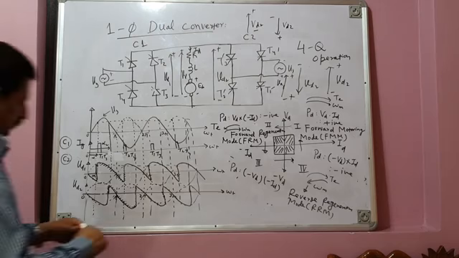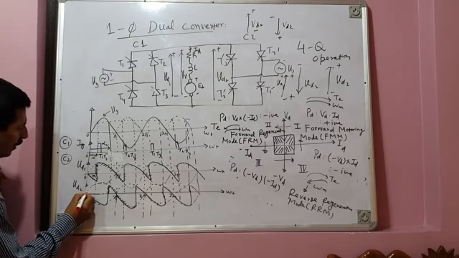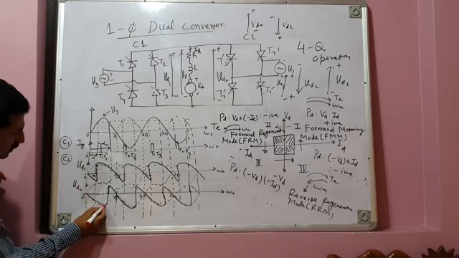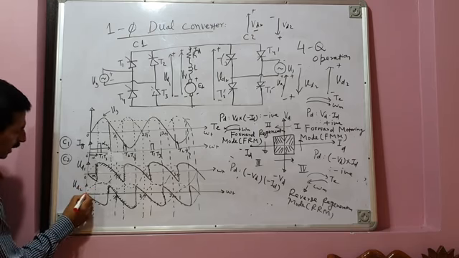On the same waveform, if this is VD2, I will show minus VD2. Look, if this is VD2, its negative will come on top. This is VD2. This is minus VD2. You can show it on the same waveform or make a separate waveform below. Since I don't have space, I will show it here itself. So this is minus VD2.